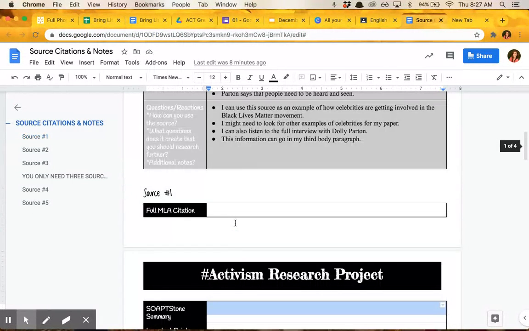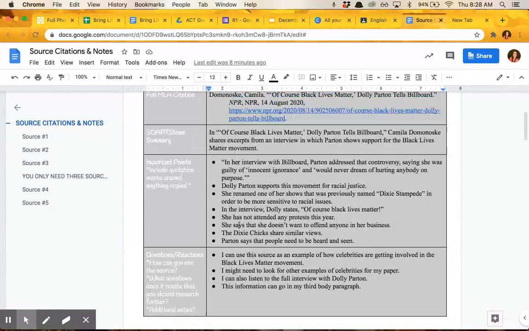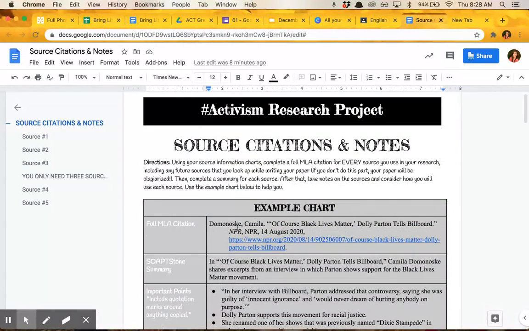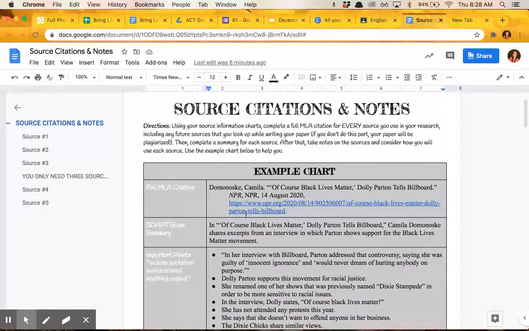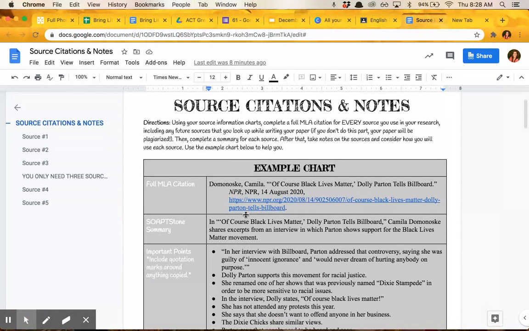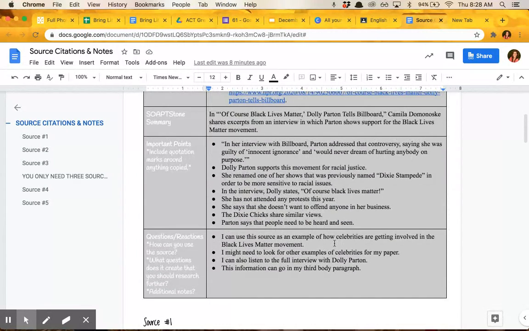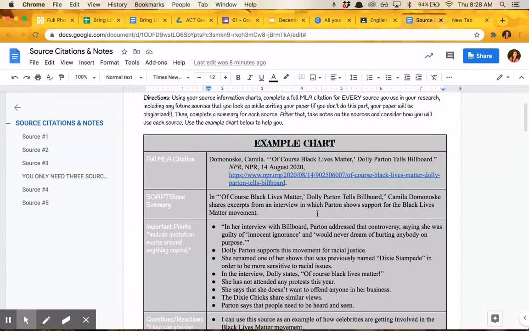So on the top of this Google Doc, since the last video, I have changed what the top of it looks like. So if it looks a little bit different on this video, that's why. What I've given you is an example chart. So you should see this on your Google Doc. This example chart is one that I did for you to use as a reference to know what your chart should look like. The source that I used is an article on NPR called, of course, Black Lives Matter, Dolly